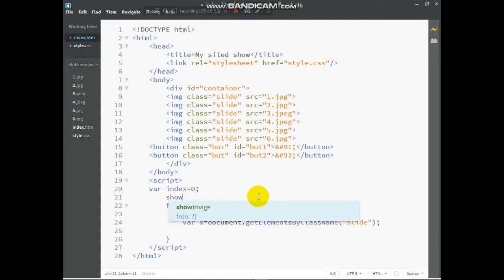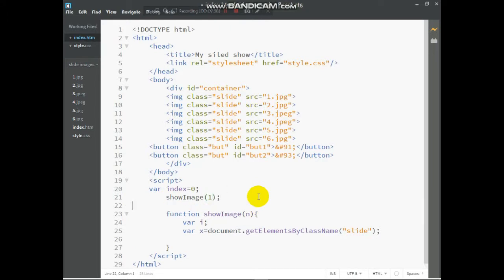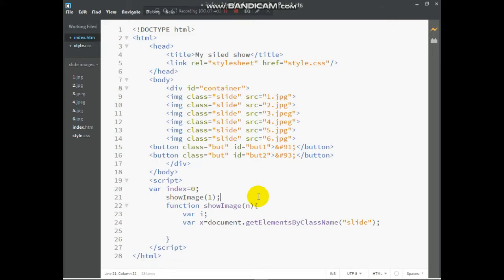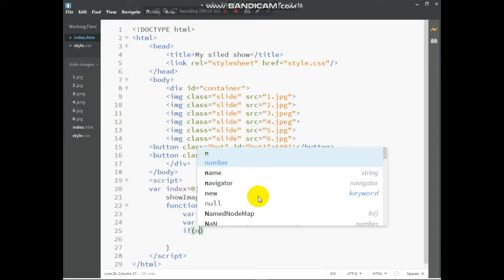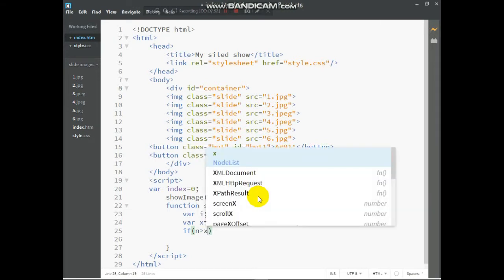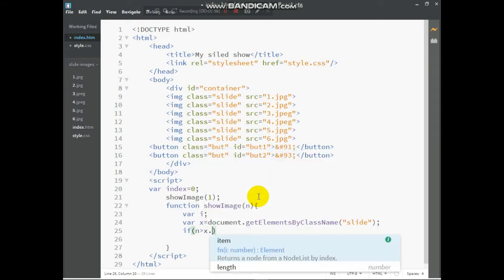Zero, show image 1, and initialize if n greater than x.length,